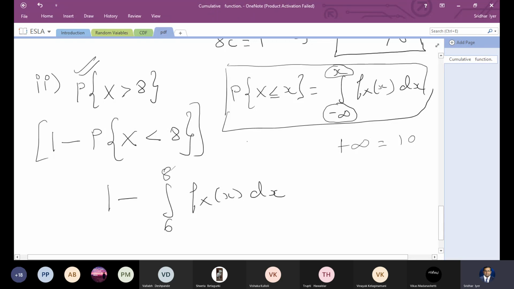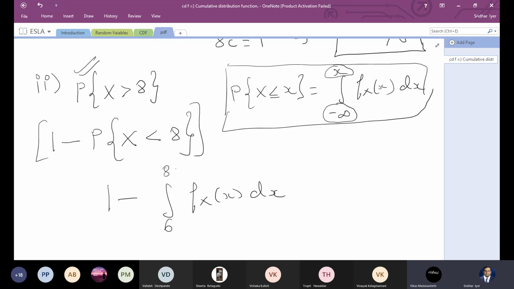So I am not conducting the experiment till the highest point 10. I am only conducting the experiment starting at the lowest point 6 and going till the point 8. I am not conducting it for 9 and 10. That is the difference here. Did you understand? Any questions on this? Any questions?